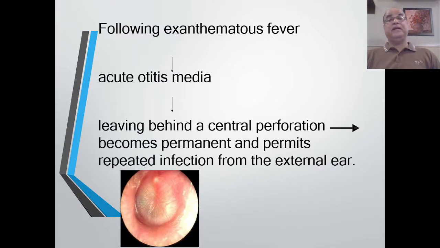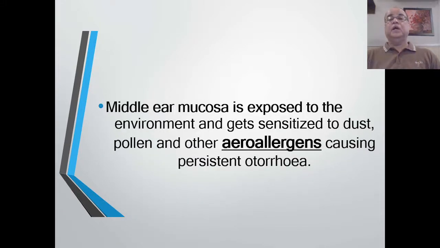Following exanthematous fevers in which there are eruptions over the skin, like measles and chickenpox, there can be acute otitis media. The acute otitis media resolves, but it leaves behind a central perforation which becomes permanent later on, with repeated infections from the external auditory canal. And if there is a perforation, the middle ear mucosa may become sensitized to aeroallergens like dust or pollen from outside,